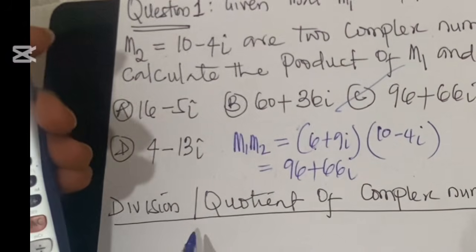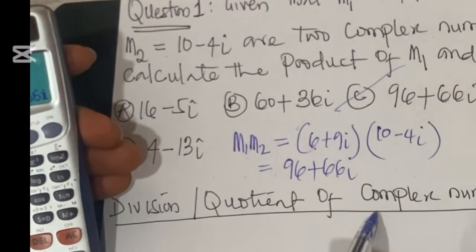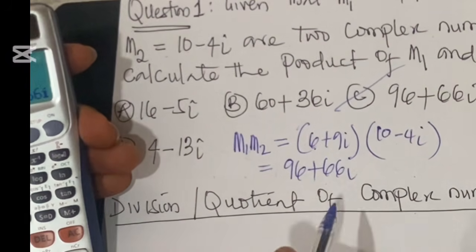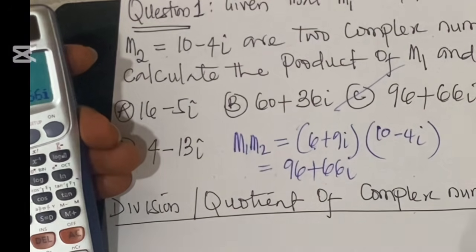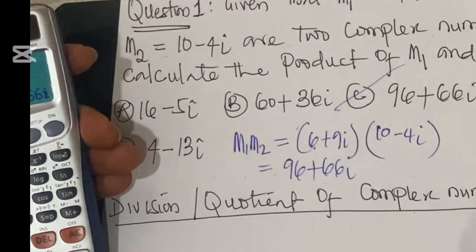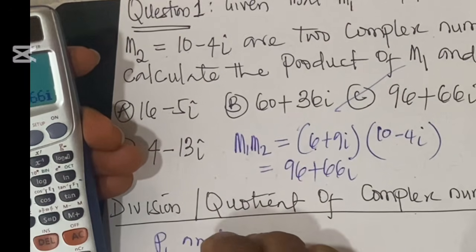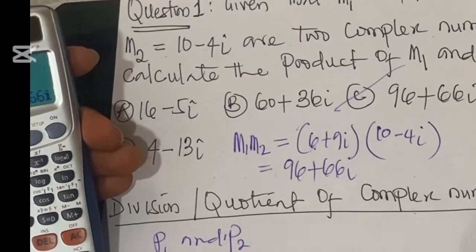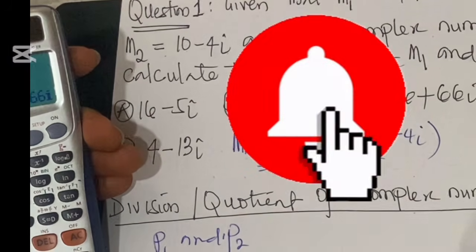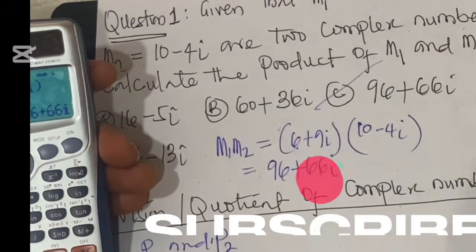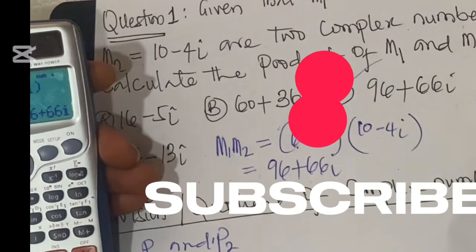The next one is division or quotient of complex numbers. If I have two complex numbers P1 and P2, and these two complex numbers are expressed in this form, P1 over P2, we call it division of complex numbers. But this expression here is not the same as